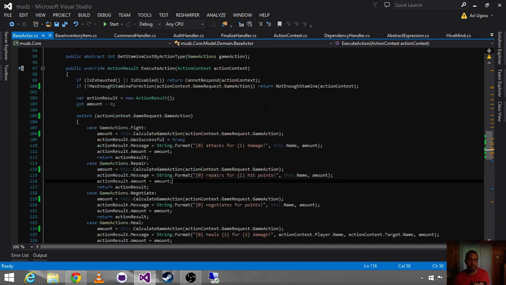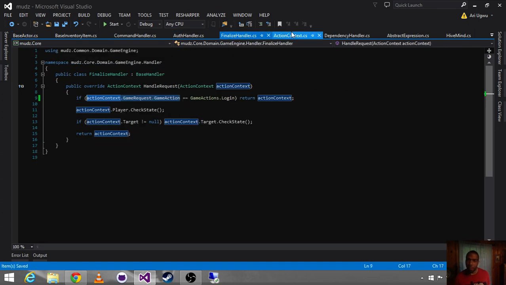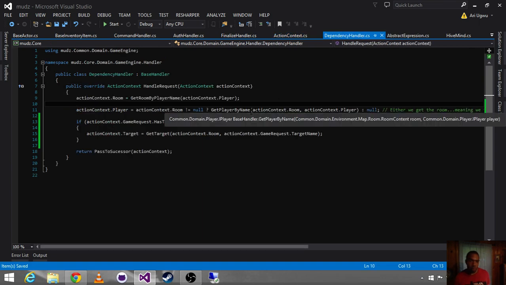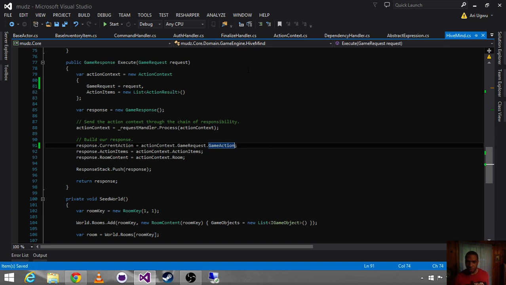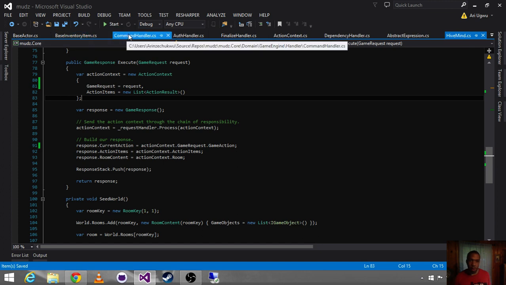Okay. It's all cleaned up. Our dependency handler is more or less cleaned up. And we're about 2 minutes away from hitting the buzzer. So let's go back into our